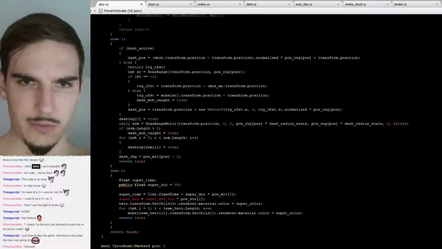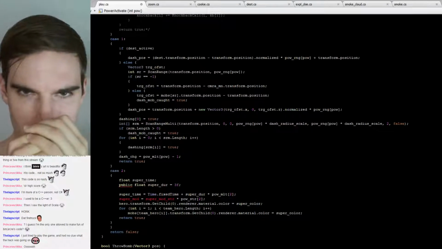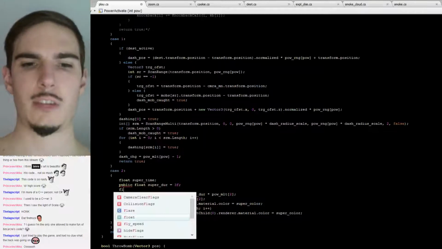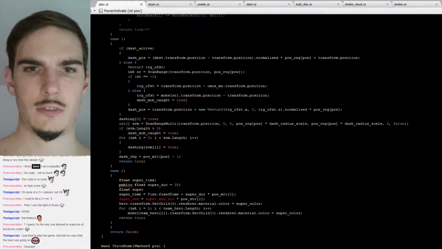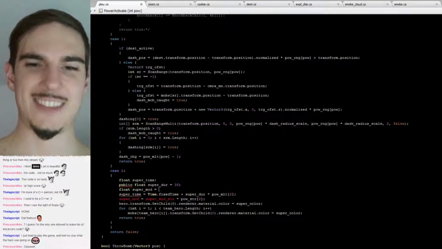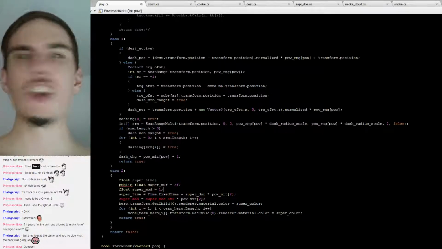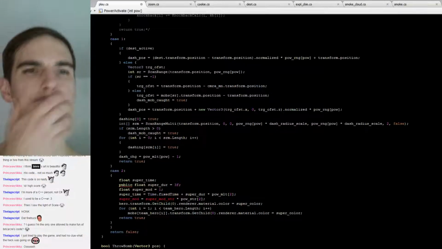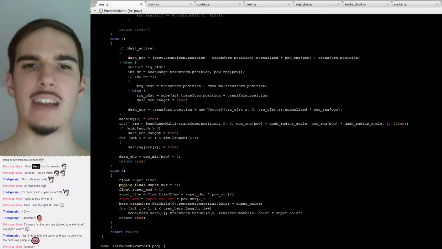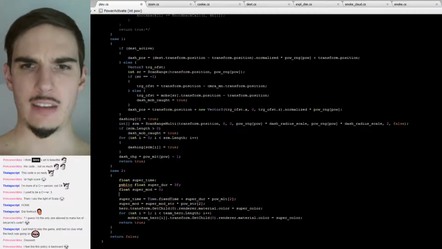So public float superdir, yep. Supermod will be just float supermod. Supermod equals 1. I almost said 0, but I'll have to remember. Supermod equals 1. Or no, 0. 0 or 1? 0. Because it'll be additive, not multiplicative. Okay. Yeah. And then